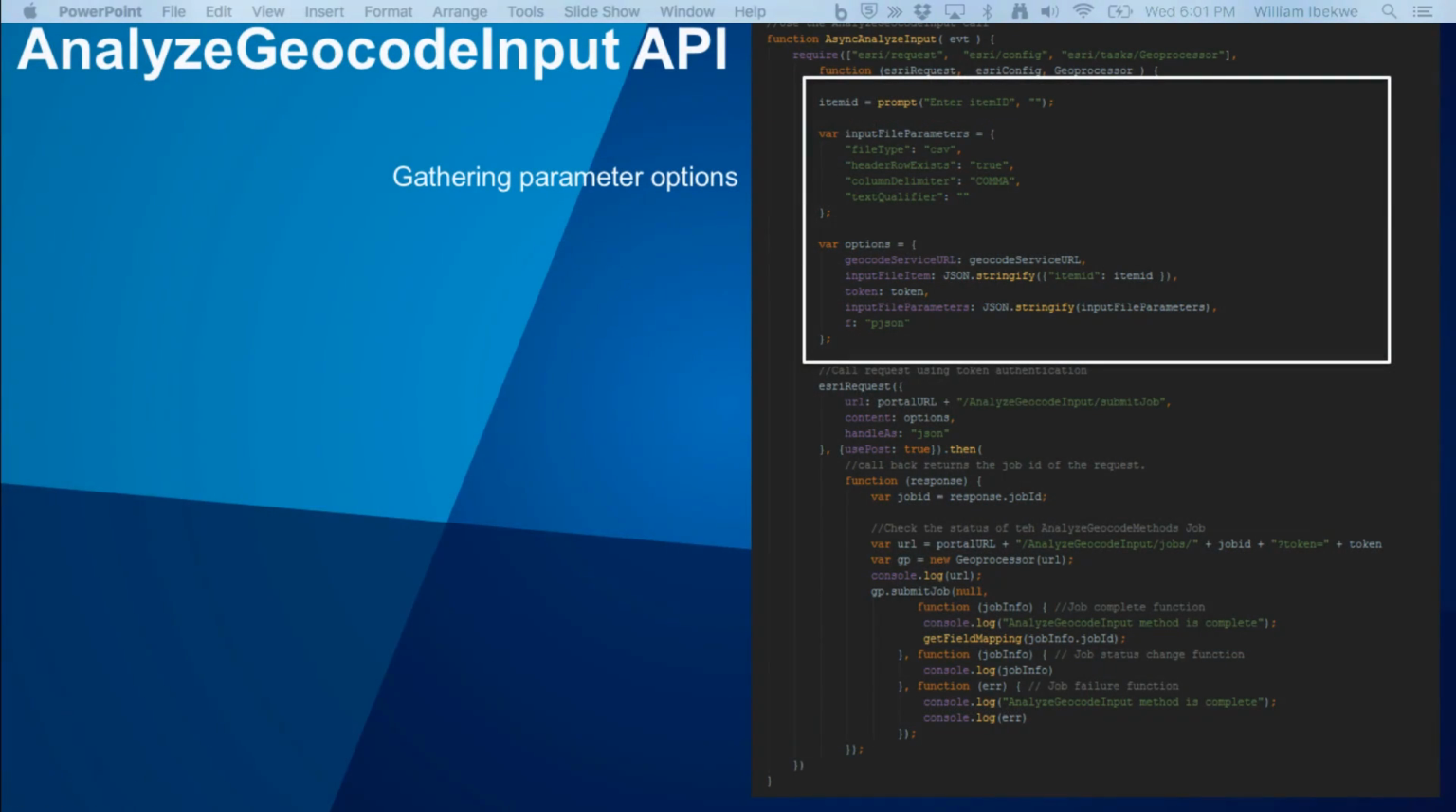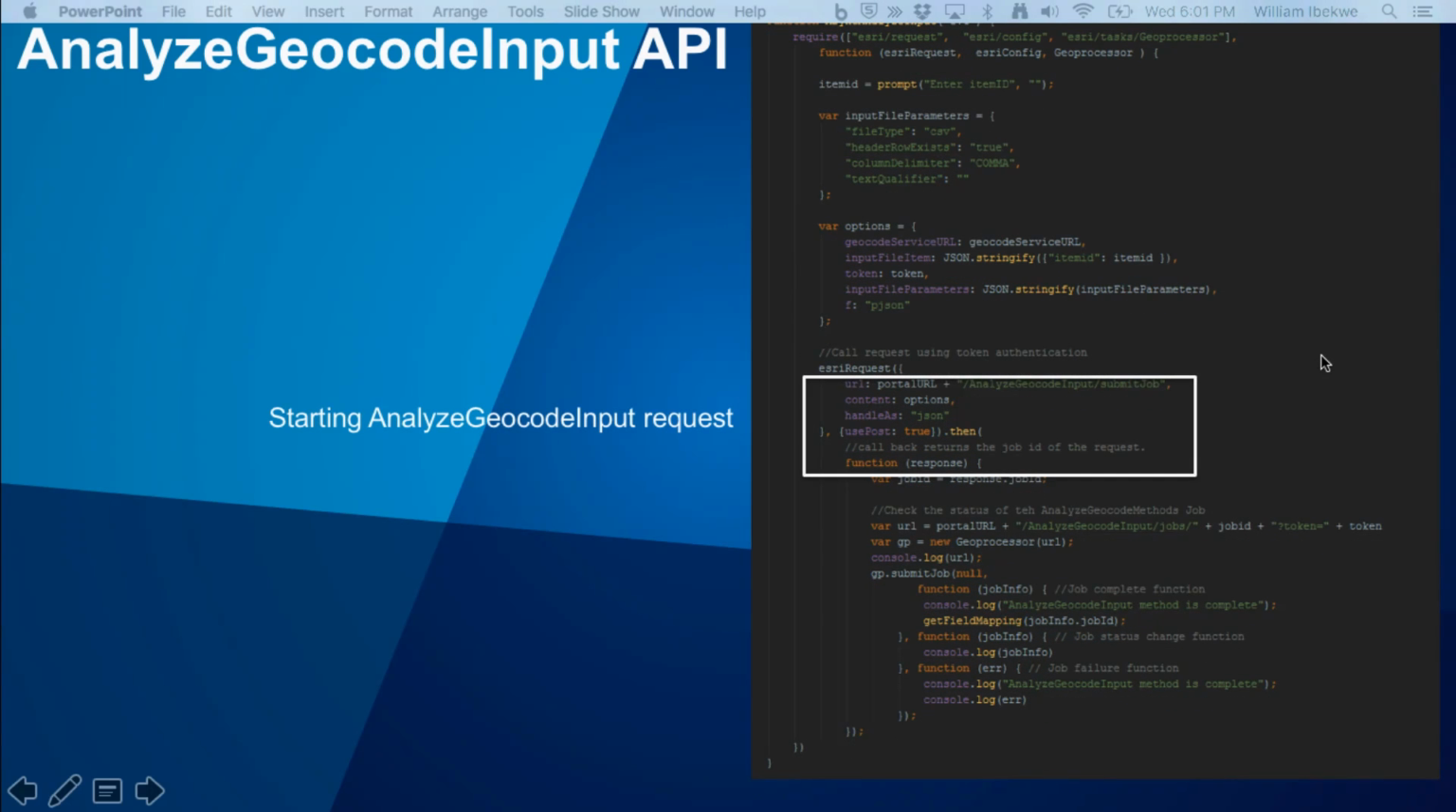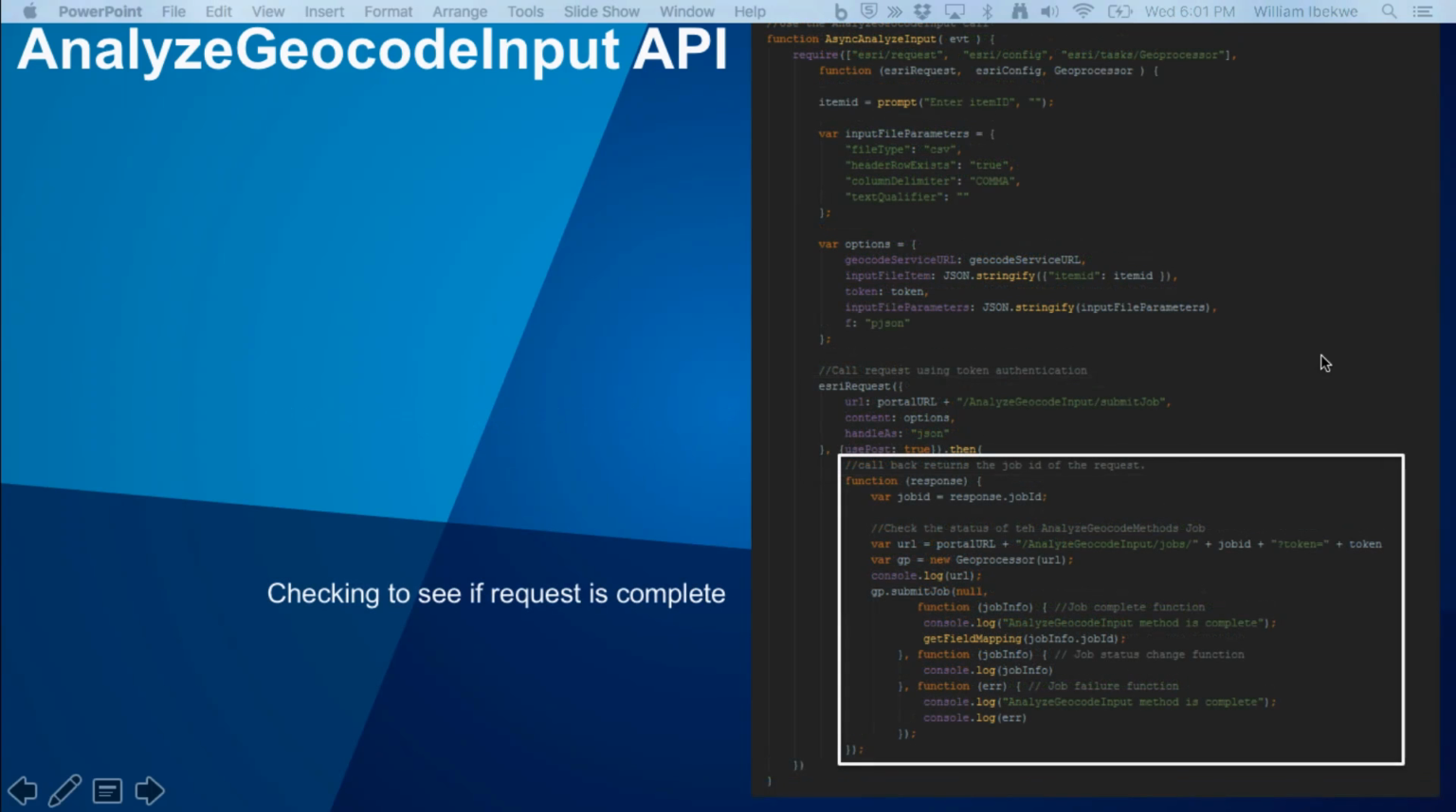Okay, so I've gathered the inputs, and now I'm going to send a request via post. What I get back from the request isn't the results from that job, it's actually a job ID that I'm going to use in this object called Geoprocessor, which essentially submits another job that checks the status of my analyzed geocode input job. And so the way I do that is I use the geoprocessor object. I submit a job, another job, and